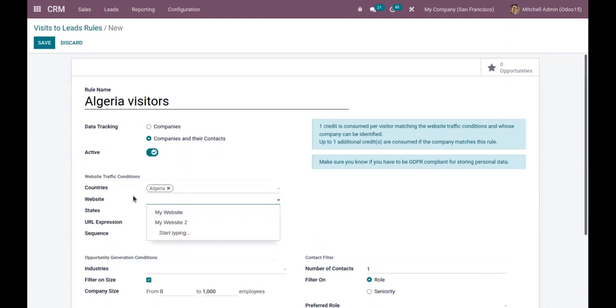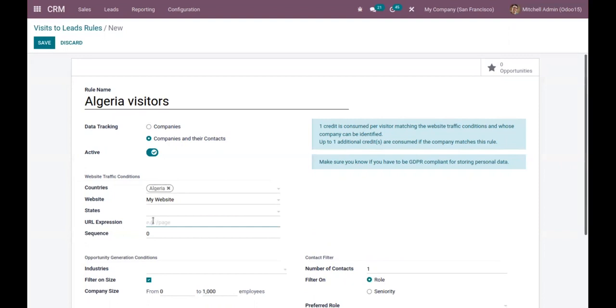Then you can provide the website. Like if you only want to extract details of the visitors of my website, then you can choose that website. And then here you can add a condition like visitors from a particular state.